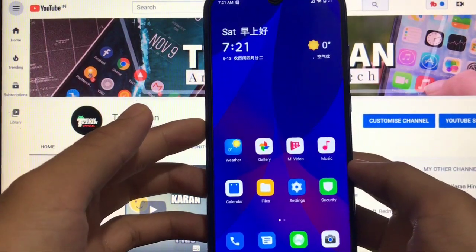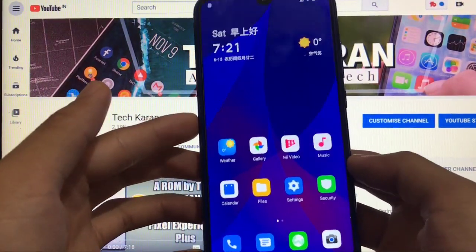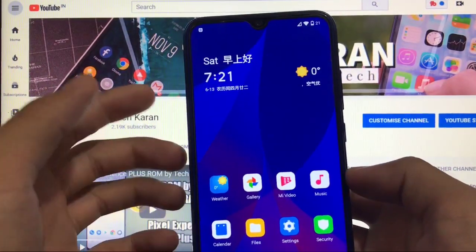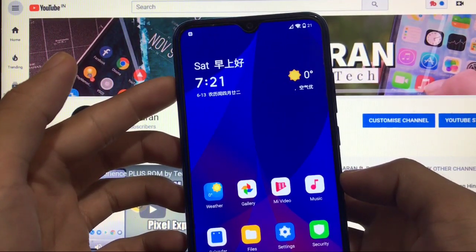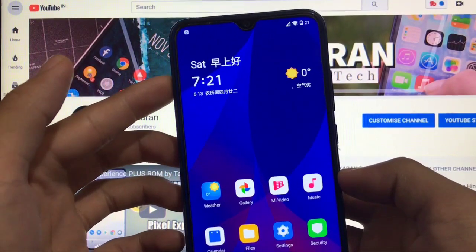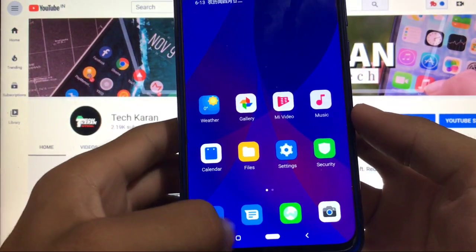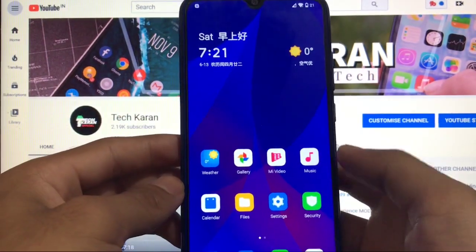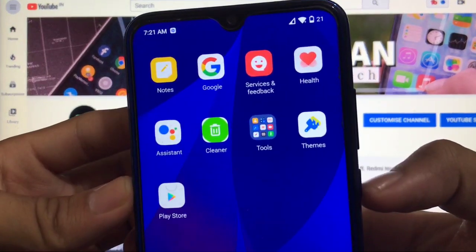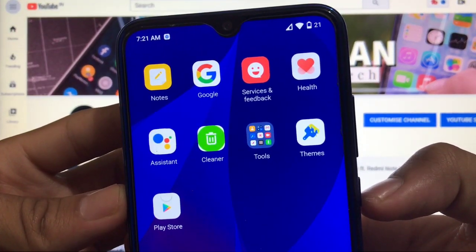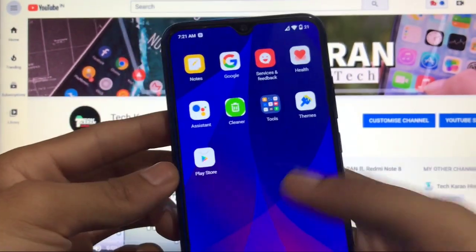And you will see your home screen look like this. All the icons from Android Pie. The widget looks pretty much impressive. Everything is in Chinese because the theme is in Chinese, but that doesn't matter. Your icons look pretty much impressive. Your navigation keys look also pretty much good. Your status bar icons look nice. Your Wi-Fi icon, mobile data, battery, and everything looks the same.